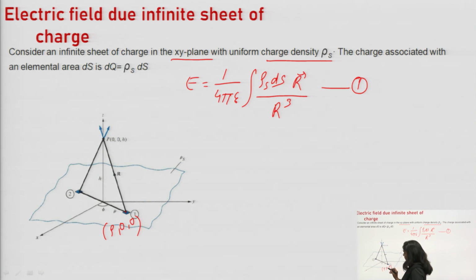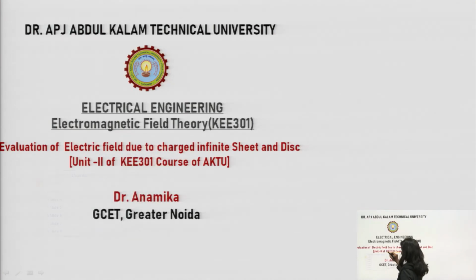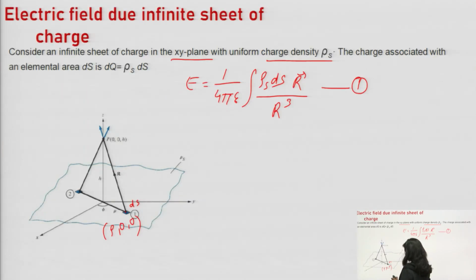Now we have the coordinates of dS as well as point P, so we can easily find the r vector. The r vector will be the final point minus the initial point,